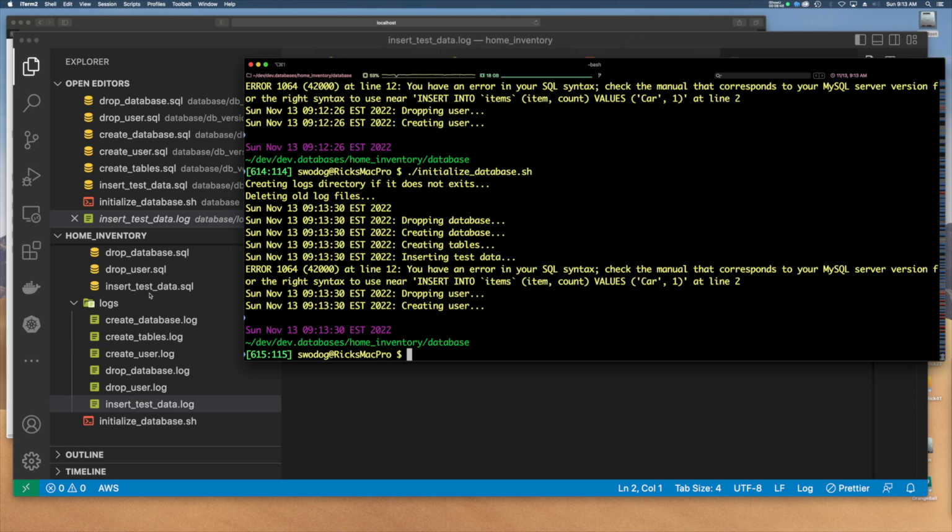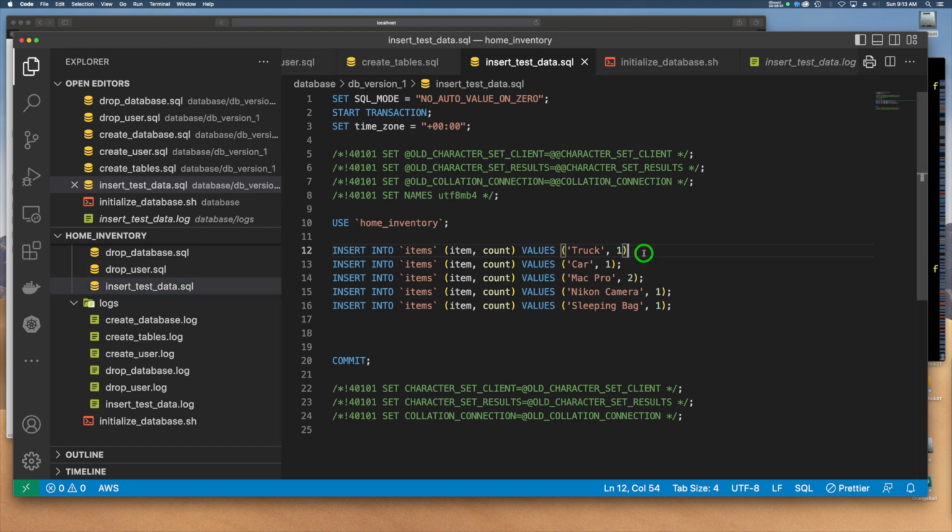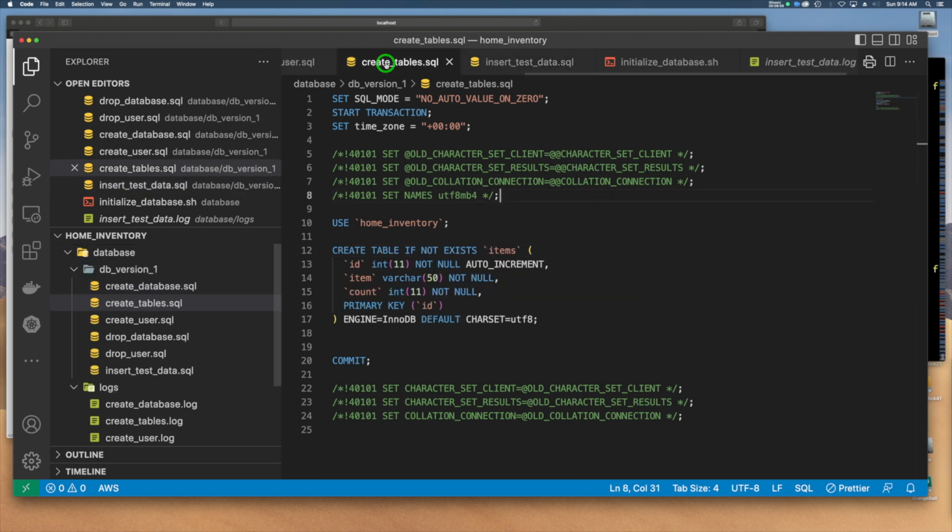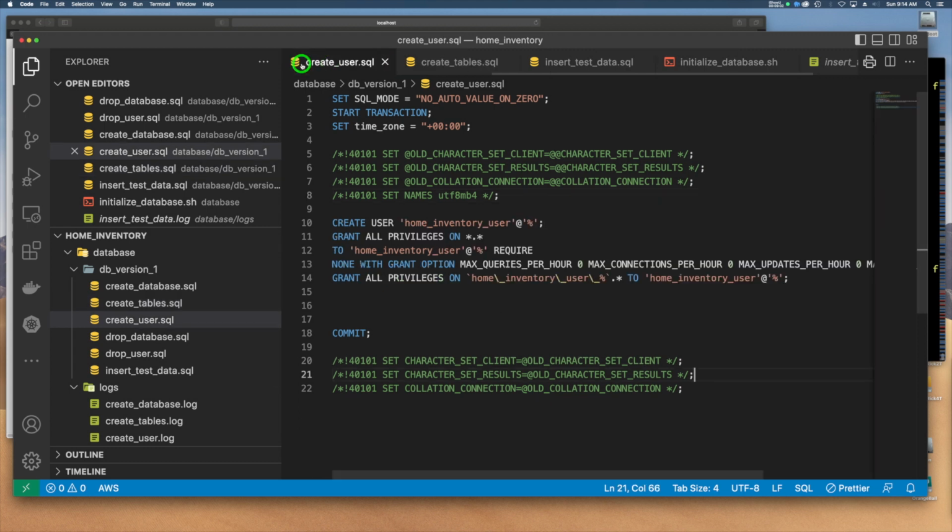So we're going to go to insert testdata.sql and just add that semicolon back in there. So a couple things. The create tables, that was fine. Create the user, that's a long statement. So create user, grant all privileges. So it was okay to break this really long SQL line into multiple lines. At least you have syntax highlighting, and when it generates the scripts for the create user, the main commands are in all caps, right? So if you split that script along those,